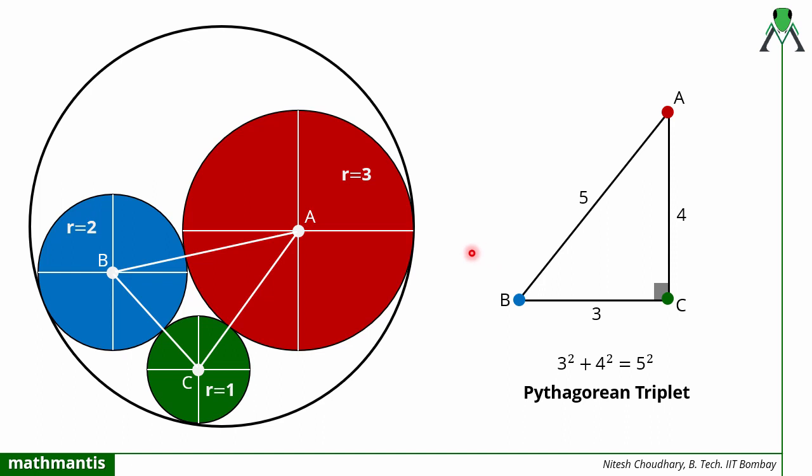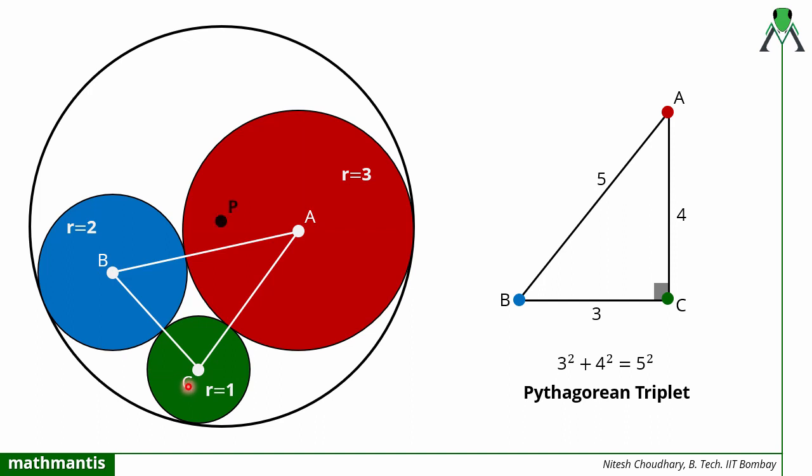So we have used the property that these circles are touching each other externally. Now we will use the property that the bigger circle is touching all these circles internally, because they are inside that circle. For the bigger circle, let me mark the center as point P and radius as capital R. So now I can see that this bigger circle is touching the red circle internally. So what I will do is draw the line joining the centers of these two circles. Similar is the case with the blue circle, similar is the case with the green circle.